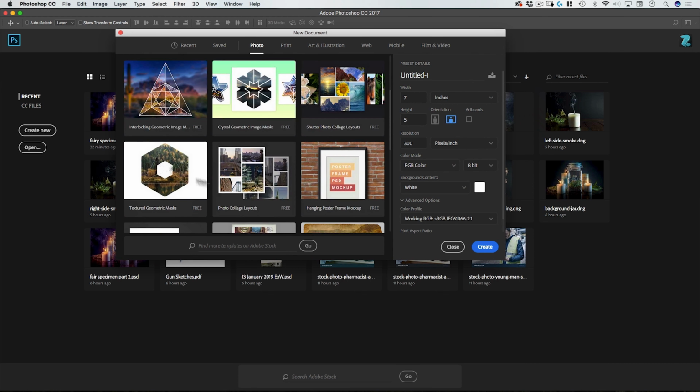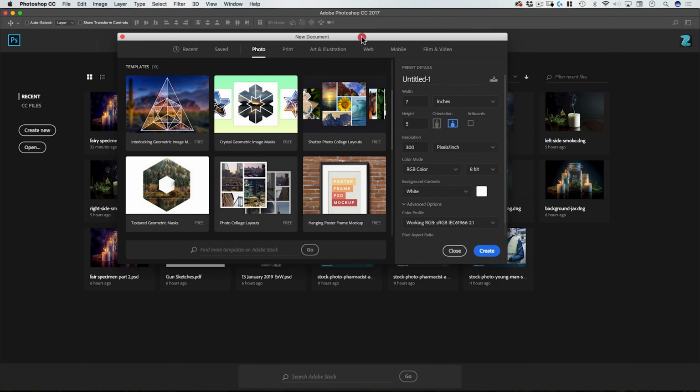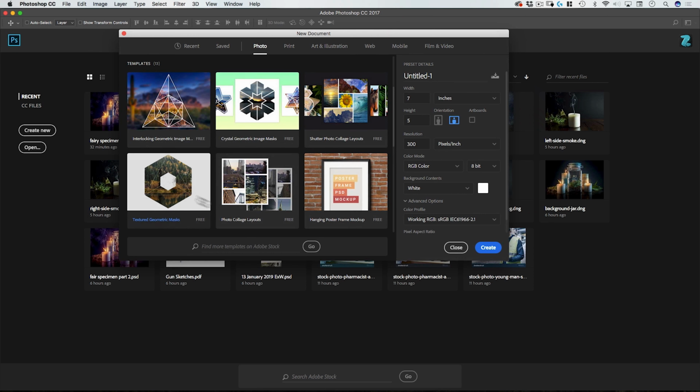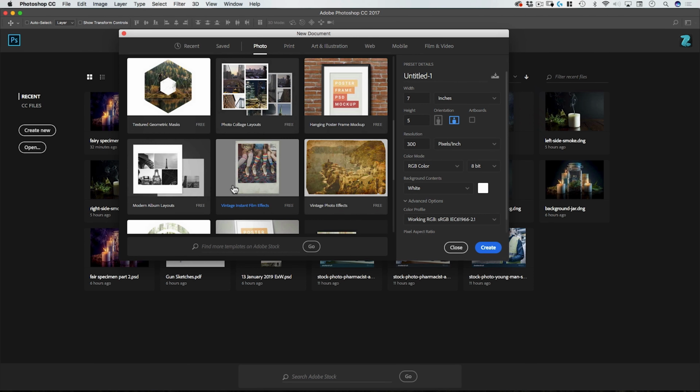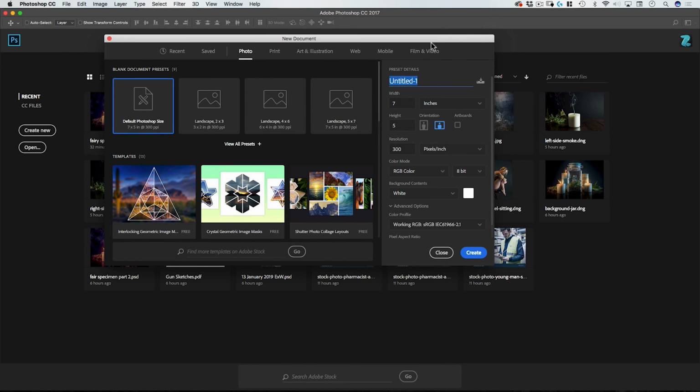And also you can see down here, and this is in the more recent versions of Photoshop, they've added all these various mock-ups that you can use as kind of a starting point. So here you can set the name of the document, or you can also save a preset.